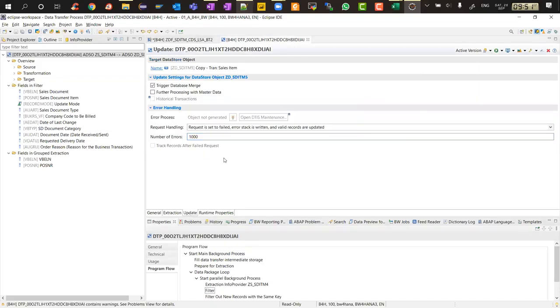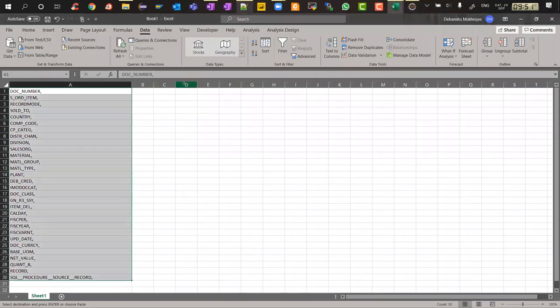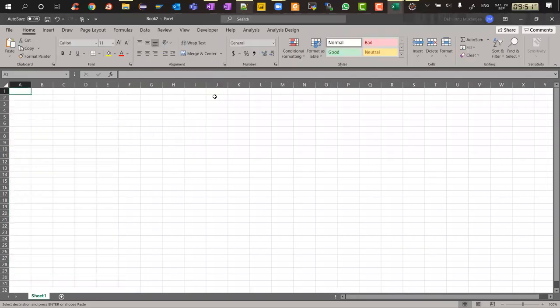Okay, so at least now we are able to enable error handling. And when you activate error handling, what happens? Let me draw a picture for you. This is important for you to understand. So when error handling is activated, you have